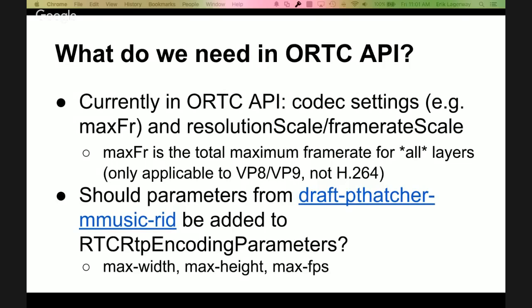Well, basically, and we've talked about this at various points, all you really need to know on the encoder is how many layers of temporal you have. If you know that, that's everything you need to know. So that was always one of my questions: do we even need frame rate scale if you just know the maximum number of temporal layers you want to send? So yeah, I think that would be my preference.